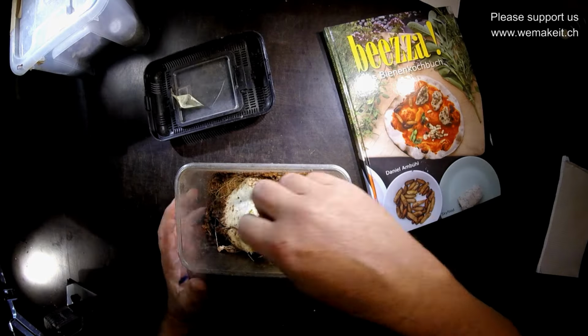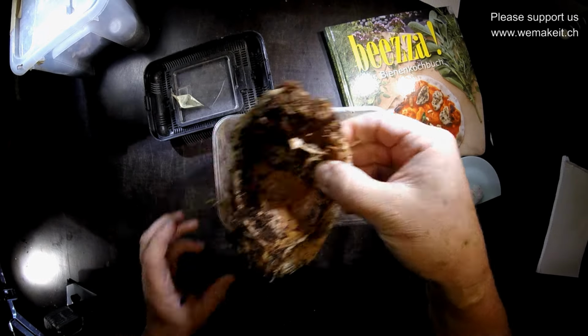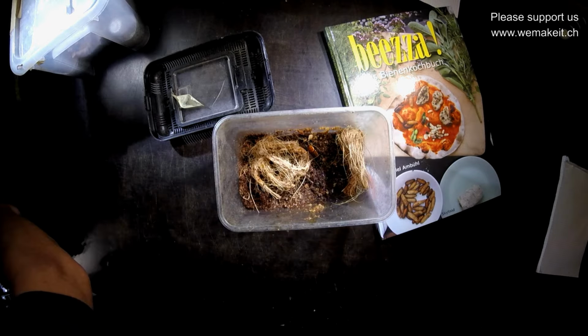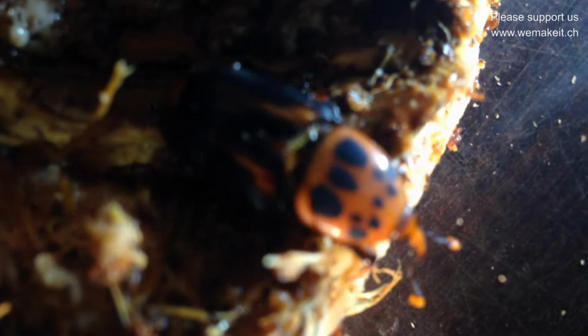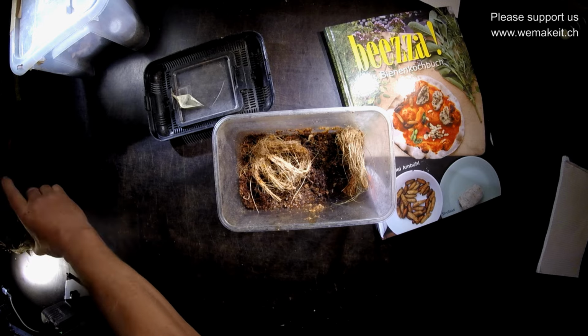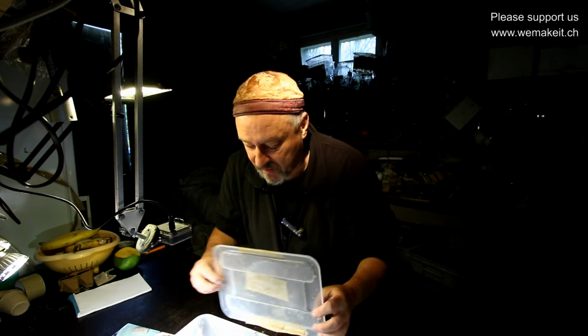Very freshly, we started a new project with the cultivation of this small weevil here. It's a pest insect of palms. It's Rhynchophorus ferrugineus, the red palm weevil. We think this has a good potential as an edible insect, but we are also breeding other interesting species, like